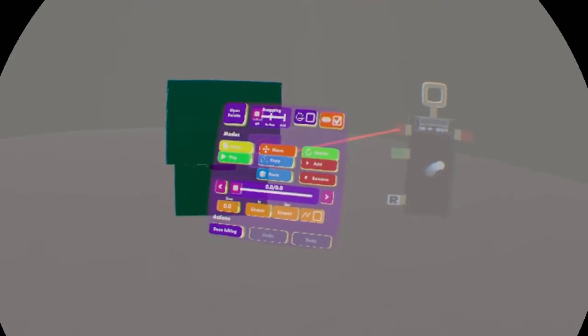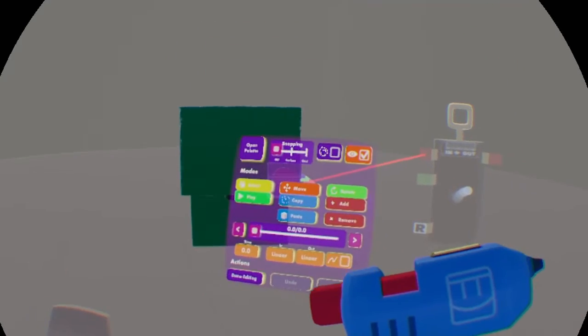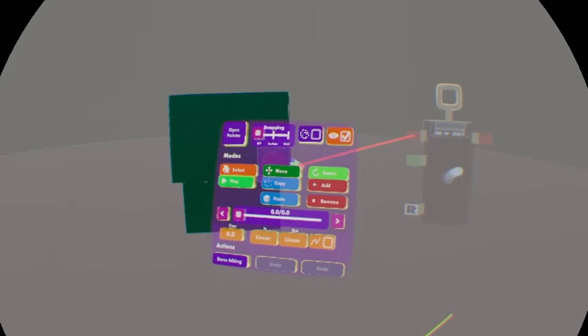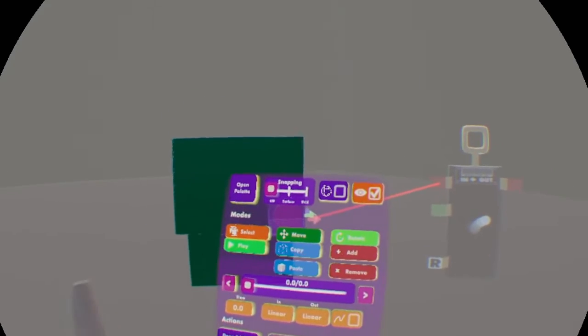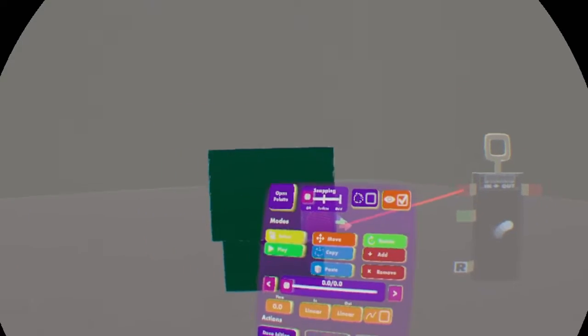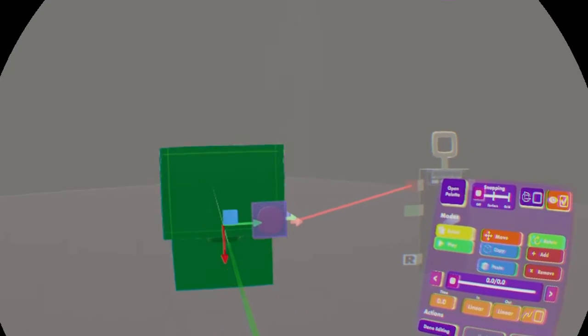If you're new to the animation, this is all new to you. So these are the modes you have. You can select the invention. You can play, which we haven't got anything yet. We can move it, so if we want to,